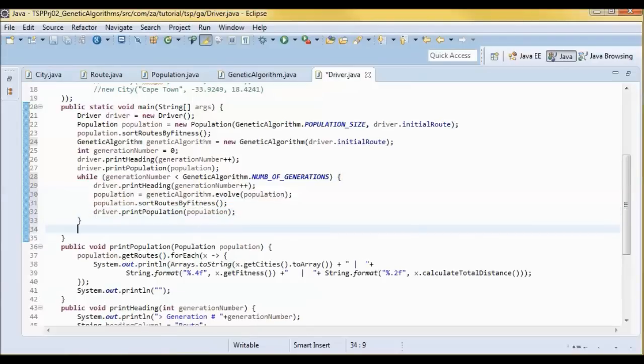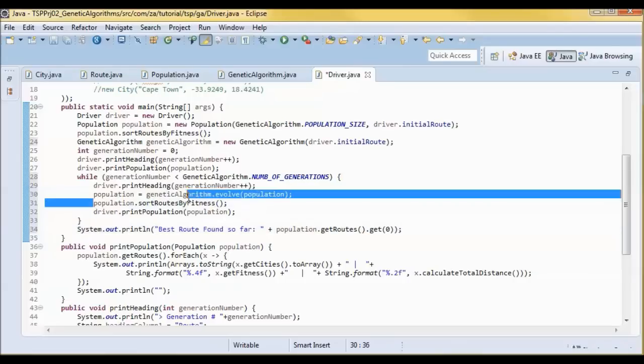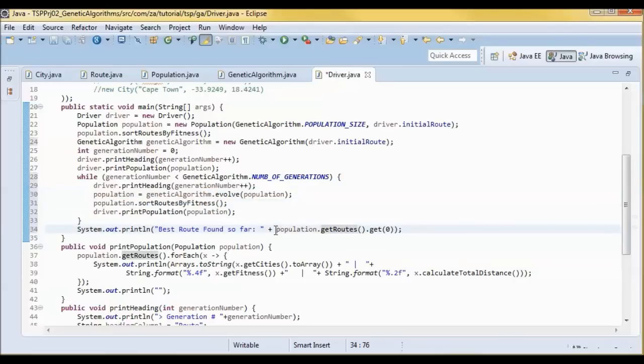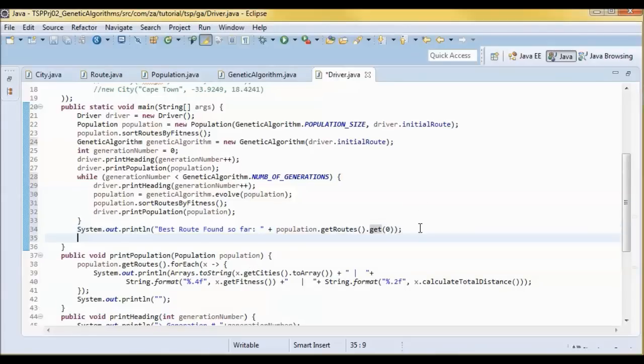And the best route we obtained will be route 0, given that we sorted those routes. So population.getRoutes.get 0, and let's also print the total distance for that route, population.getRoutes.get 0, and calculate total fitness.